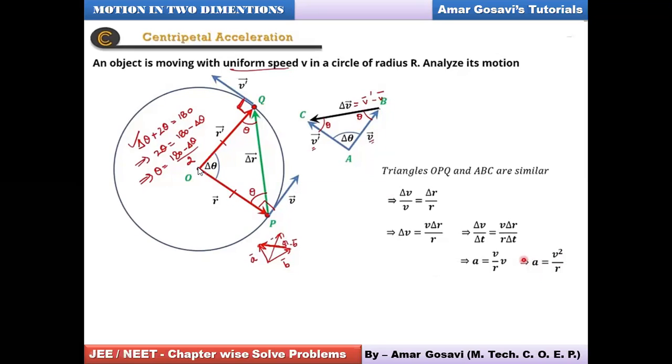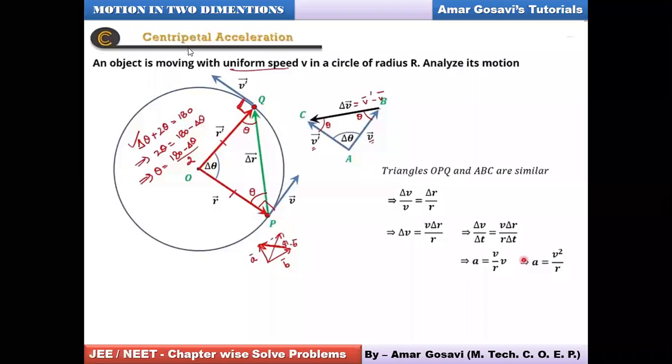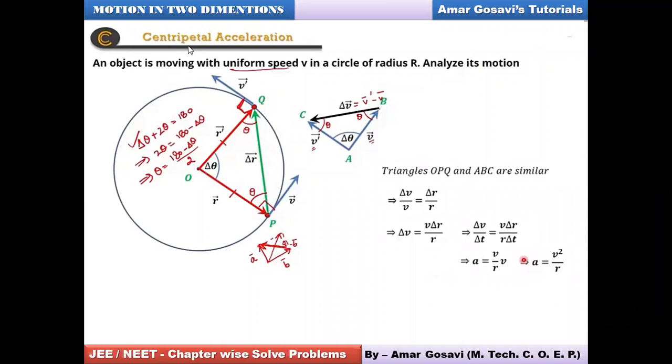Because it is directed along the radius, centripetal acceleration can also be considered as radial acceleration. So very, very important. These are the skeletal steps. You need to explain while you mention all this, and then you get 3 on 3. So you may get a 3 marks question in this derivation. And this is how we have derived the centripetal acceleration equal to v square by r. Please make a note of it.